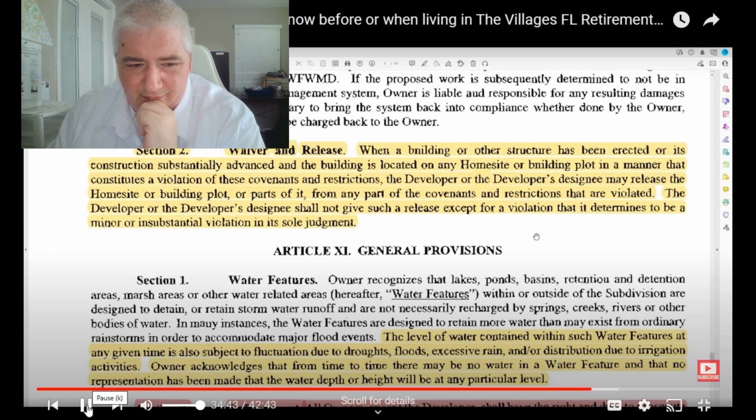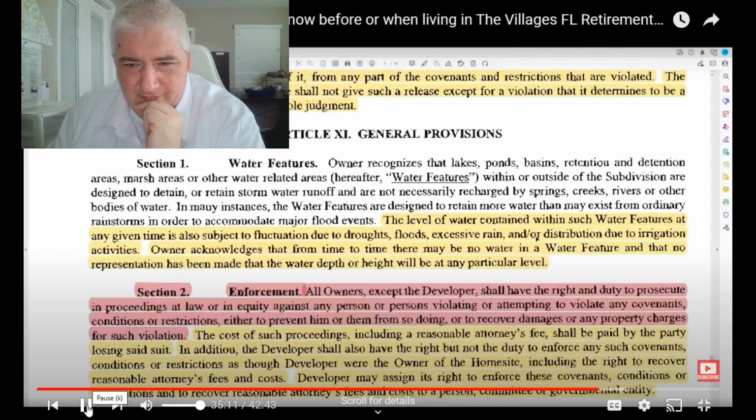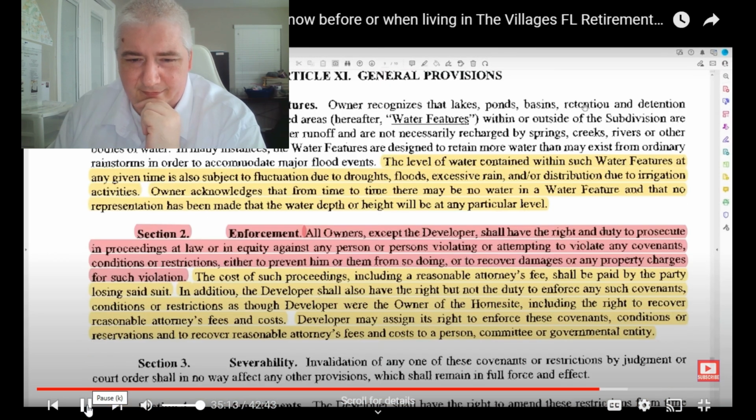So, in other words, if you build a whole addition onto the side of your house without the developer's permission, and they ask you to take it down, it's your problem. I'll say it again. Anything you do on the outside of that house, go to the architectural review board, ARC. I'll cover that some more maybe in another video if you like. Put that down there and I'll show you how you do that. It is really, really, really